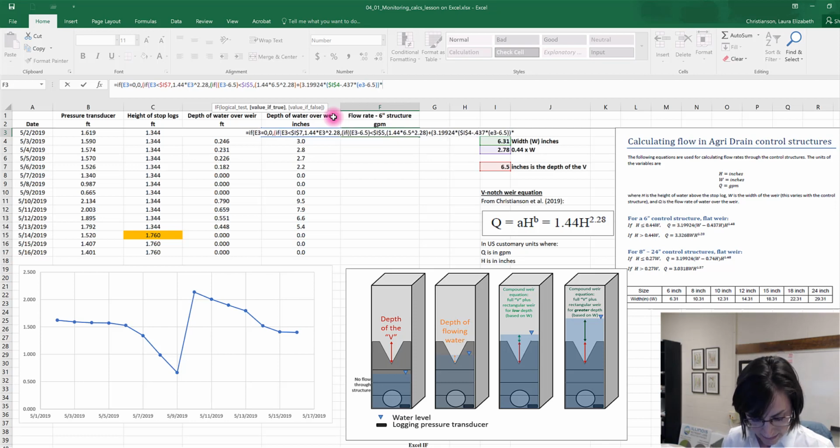Times my height, E3 minus 6.5, all raised, that last part raised to the 1.48.